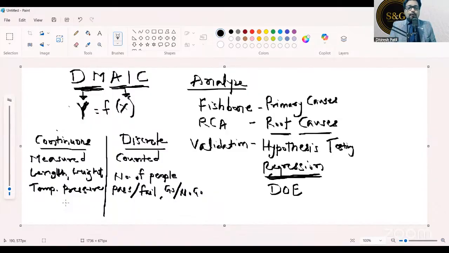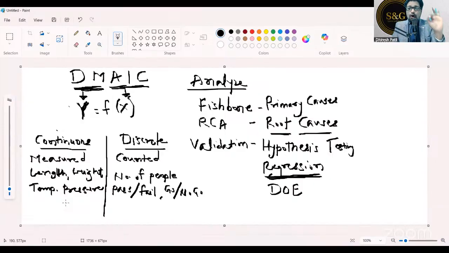And so whenever we have numeric data, try to understand this. Whenever we have numeric data for X and Y, because some of the discrete data also can be numerical data, right? Count data, number of people, etc. is numeric data. So whenever we have continuous or numeric data in X and Y, we can use correlation and regression analysis. Let me give you an example.